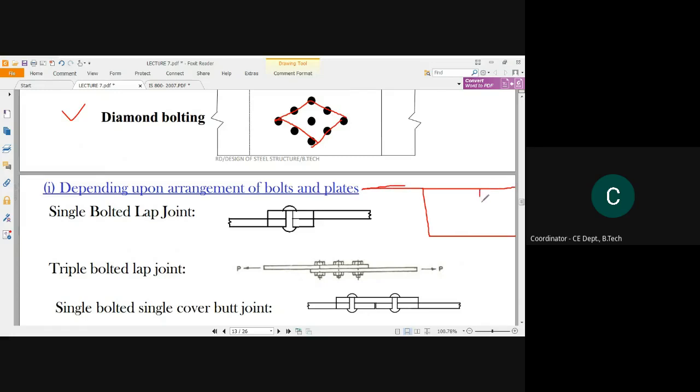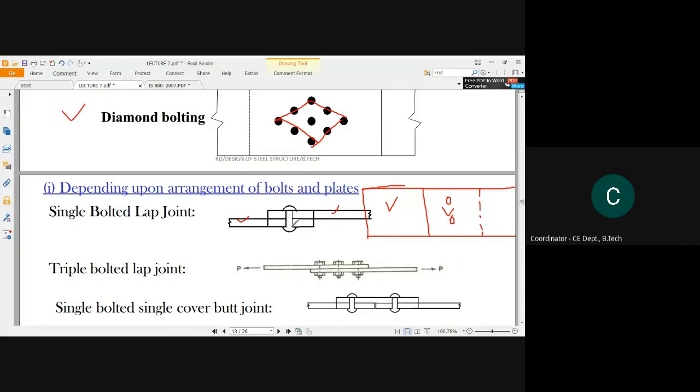This is another plate, so I am showing it in a dotted line, from which I can show you that this plate is beneath that plate. So that is the bottom plate, and this is the top plate. Here the top plate is this one, and here this is the bottom plate, and the connection will be joined in the overlapping part. So the connection will be somewhat like this.